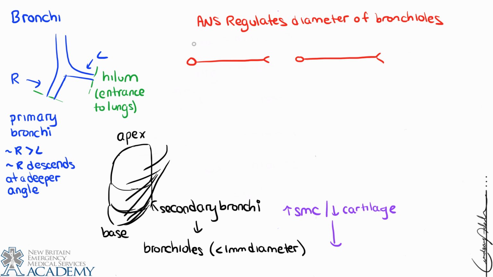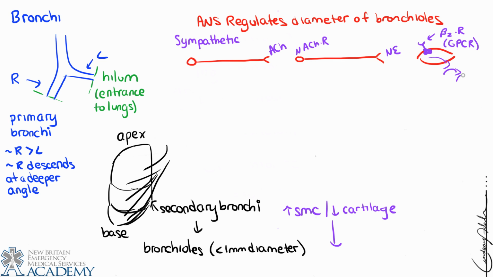So we have our sympathetic neurons here. Preganglionic fiber releases acetylcholine, which binds to a nicotinic acetylcholine receptor, and then we get a new action potential and then release of norepinephrine. And norepinephrine binds to a beta-2 receptor, which is a G protein coupled receptor on a bronchial smooth muscle cell. And from there we get a cascade of reactions, so we're going to fast forward a little bit,